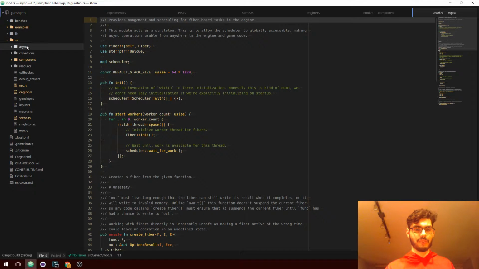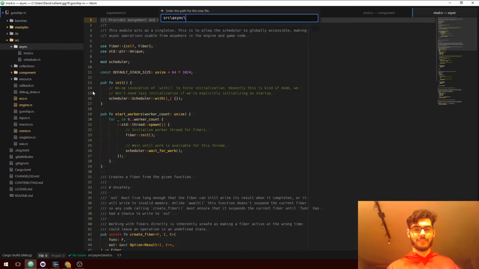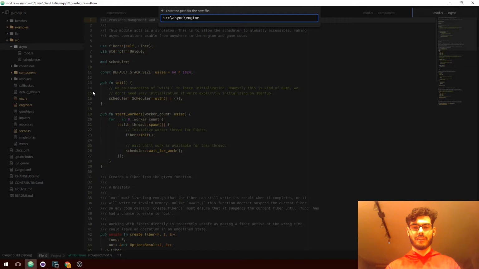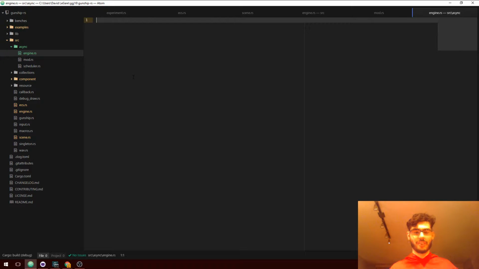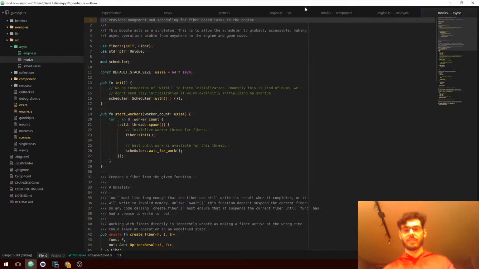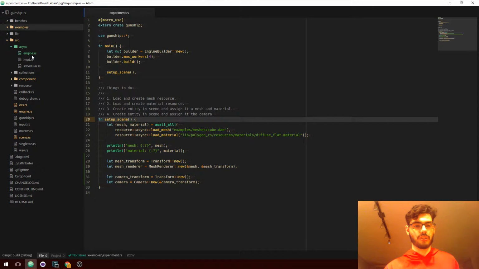Yeah, so here's what I'm thinking. New file, engine.rs. Starting over. We're basically building in this async module. I'm just going to kill everything as quickly as I can and start building a new engine.